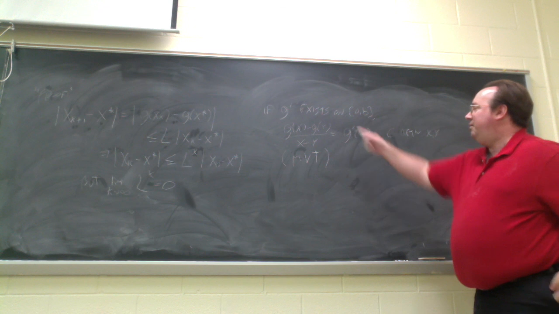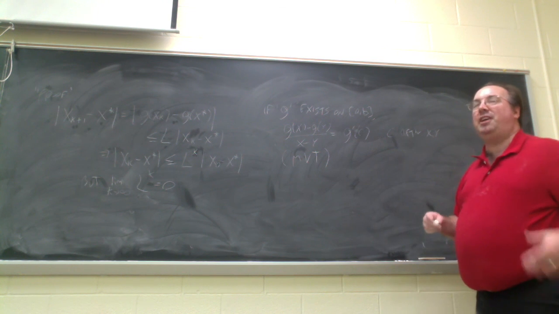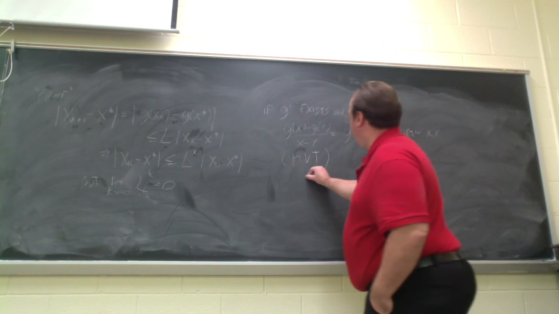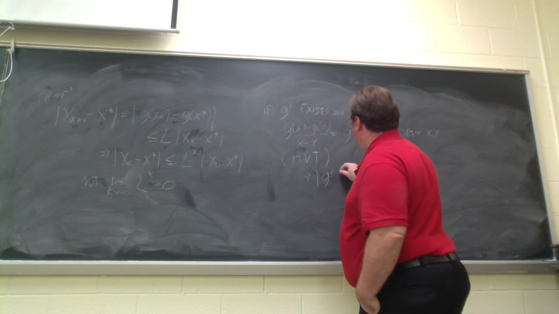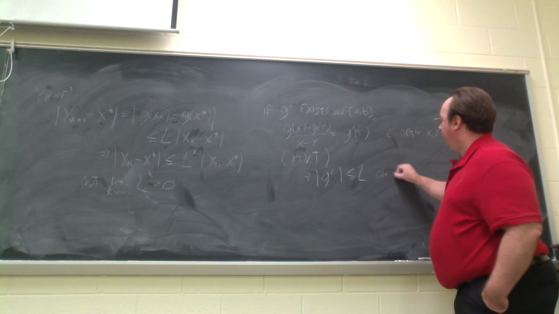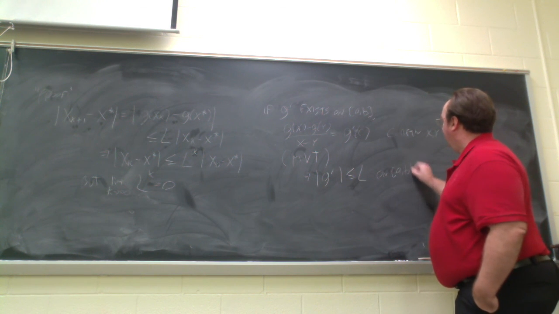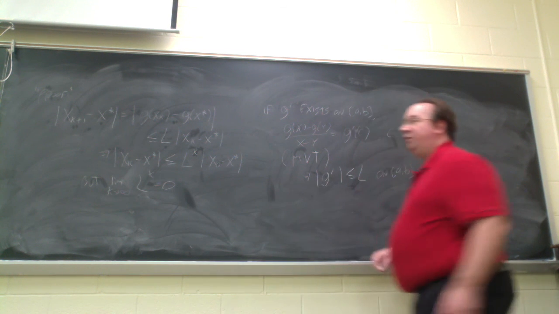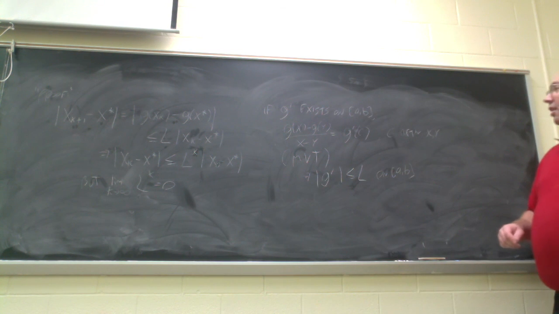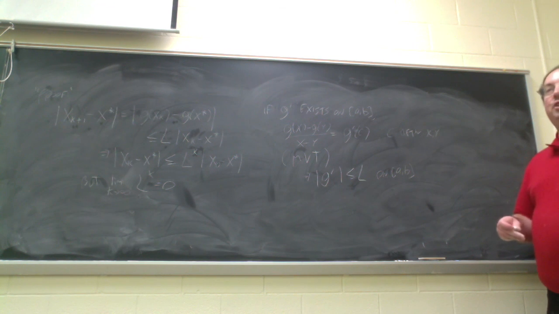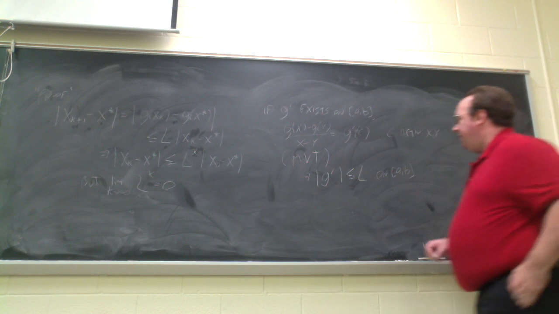But the thing is, this quantity in absolute value is less than or equal to L, under the assumption of Lipschitz continuity. So that means that |G prime| is less than or equal to L on AB. So this gives us another form of a contraction mapping theorem. In addition to all the other assumptions of a contraction mapping theorem, if I also know that G prime exists throughout the interval AB,